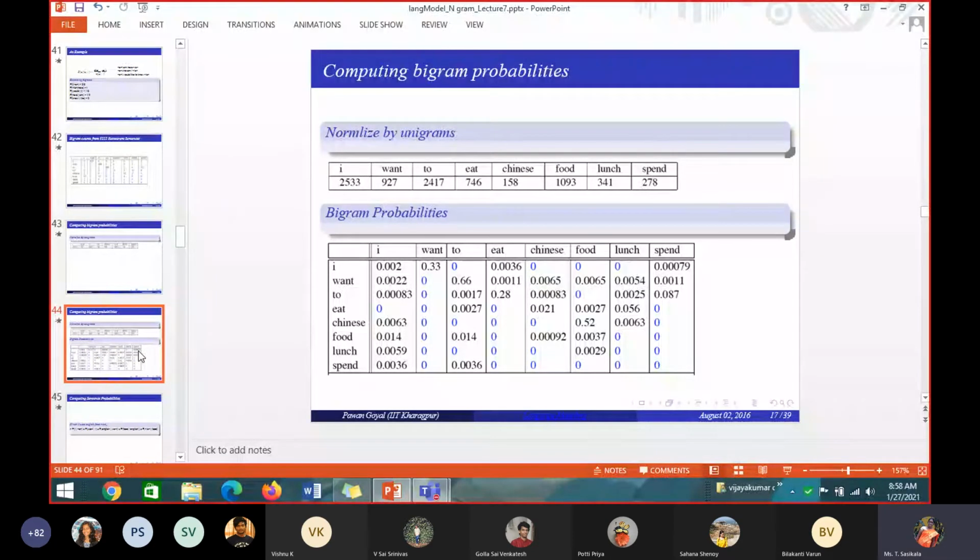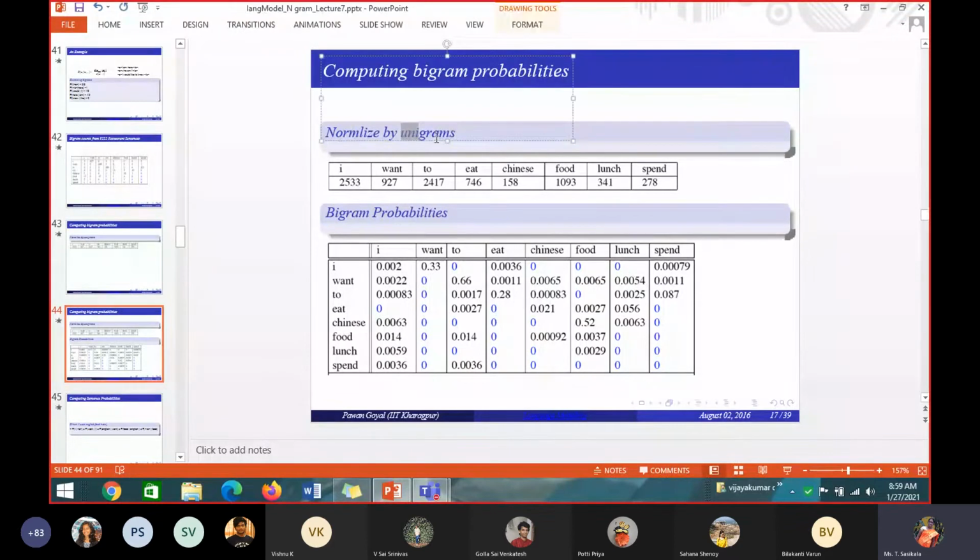What is the bigram probability you are getting for I want? 0.326. Okay, they have made it double digit as 0.33. So this is how they are calculating the bigram probability given the count of the bigram. So if I want to find the bigram probability, what are the two things I wanted? Count of this bigram divided by the count of the, normalized by the which gram? Unigram, that is unigram.